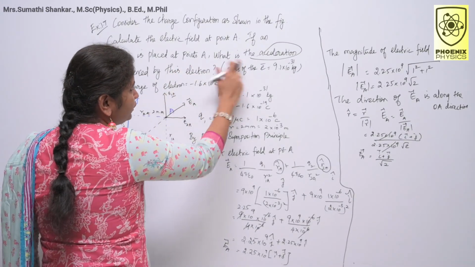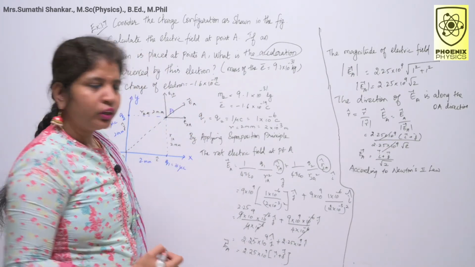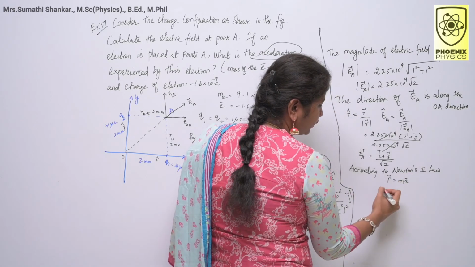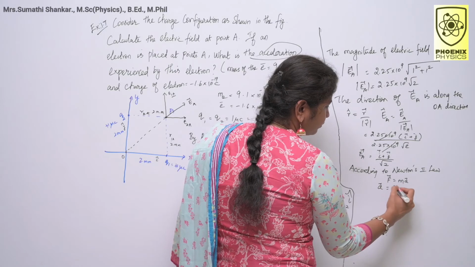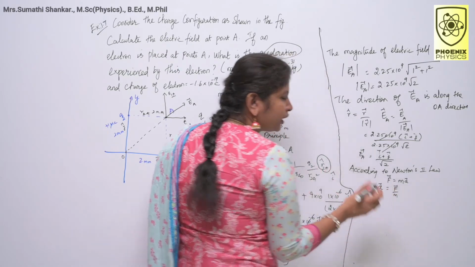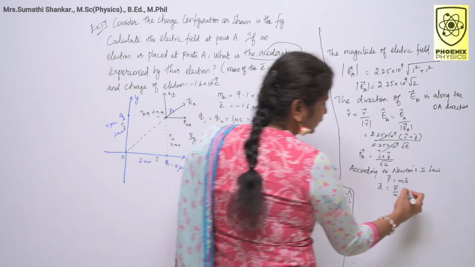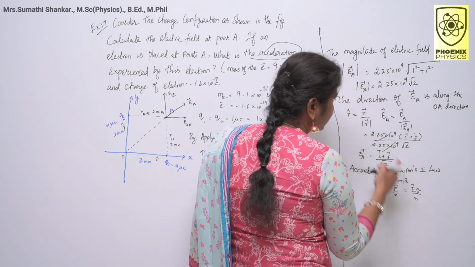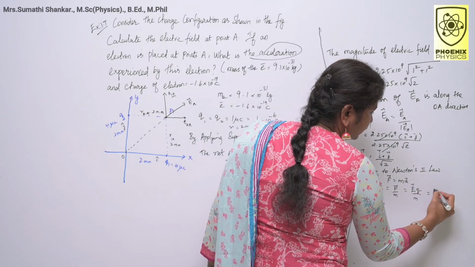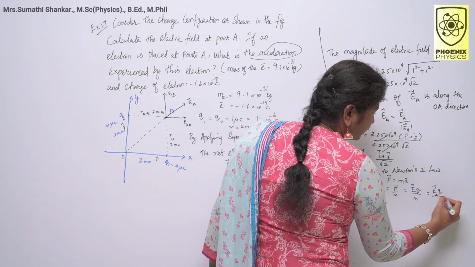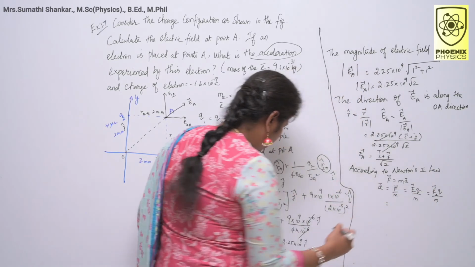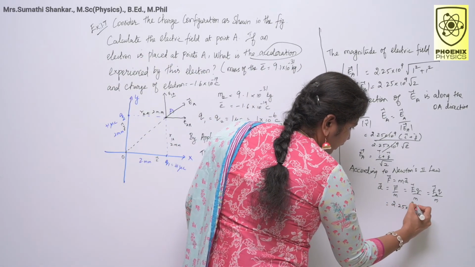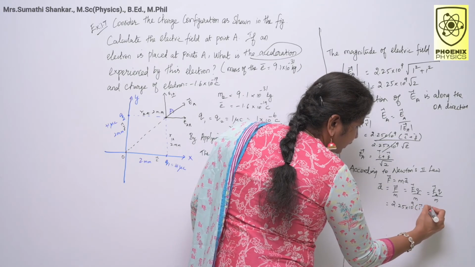Next we are going to calculate the acceleration. What is Newton's second law? F is equal to ma. Here I want to calculate the acceleration, that is F by m. How do you write force in terms of electric field? That is EQ divided by m. So instead of E I have EA, so simply you can write EA Q divided by m. EA value you know. What is EA? 2.25 into 10 to the power of 9 (i vector plus j vector). This is my EA vector.